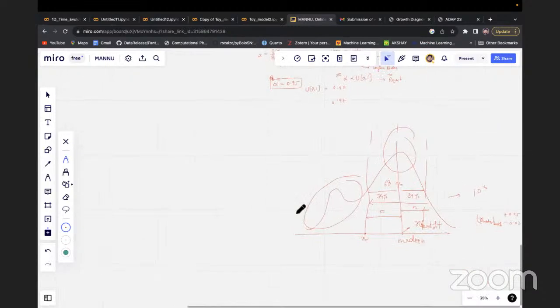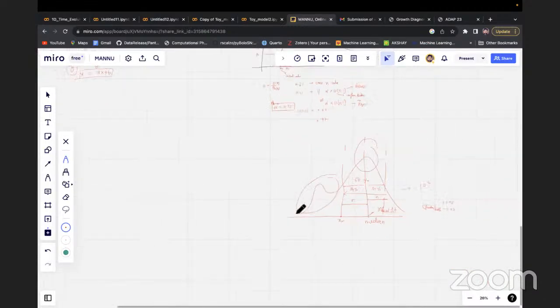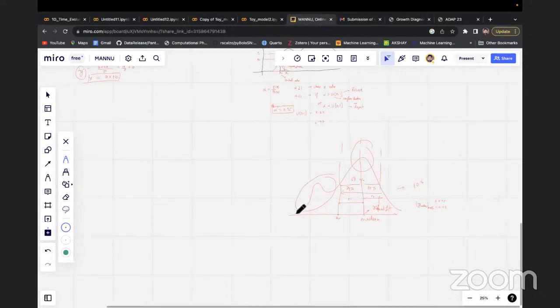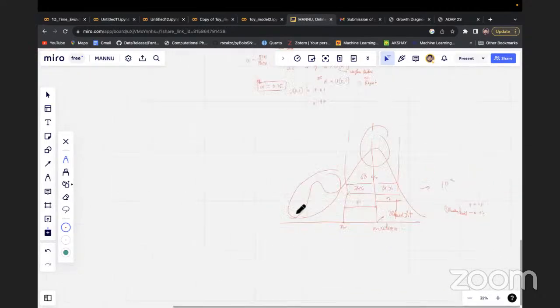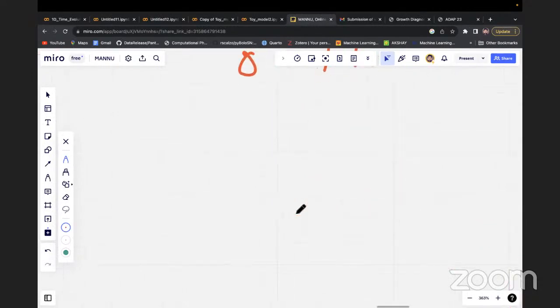It will not. See what I'm trying to say. That's why if you create a chain with a very small number of points, if you are running your code using only 50,000 points, then it is very probable that a large number of points will be